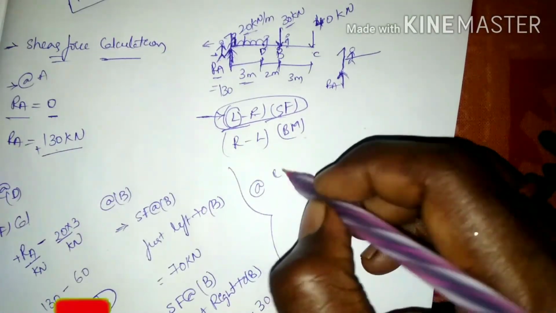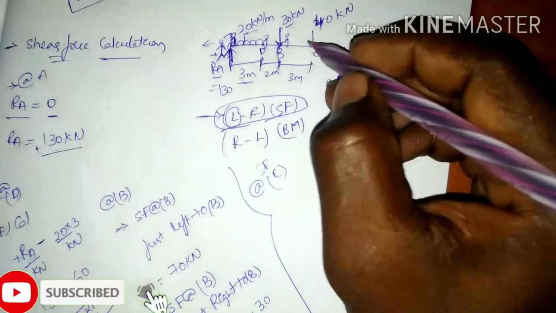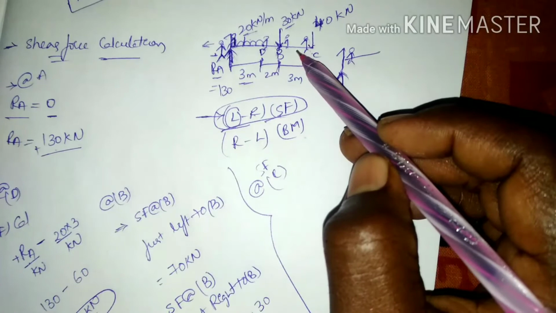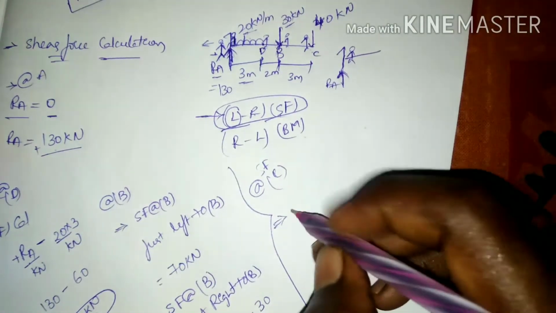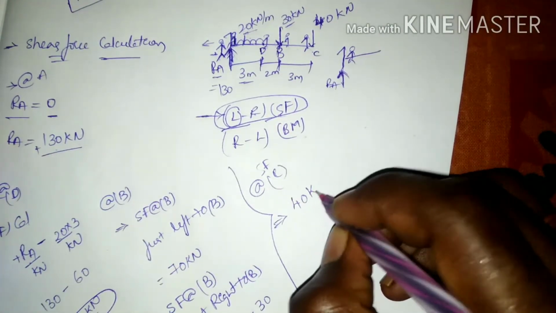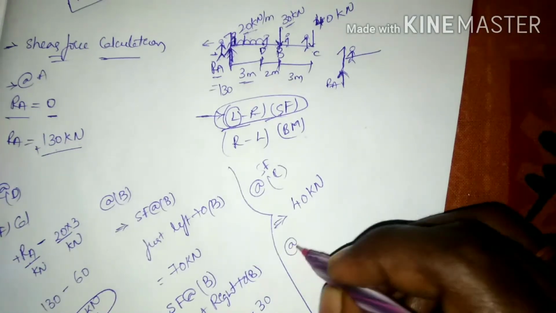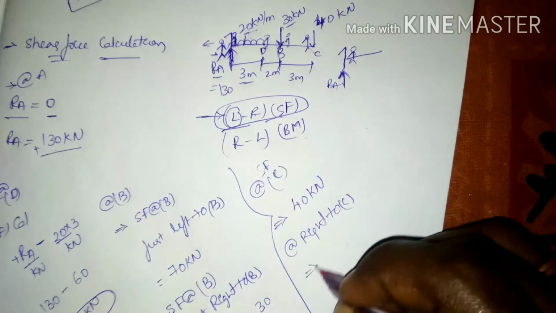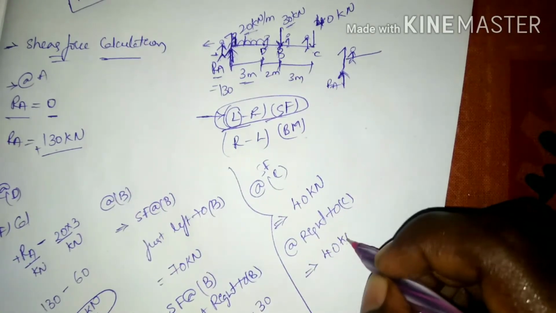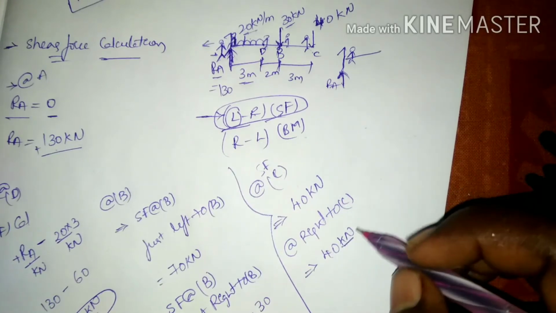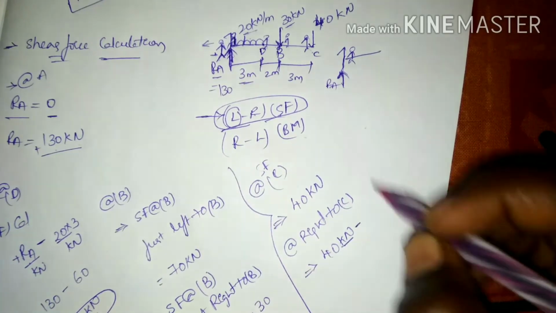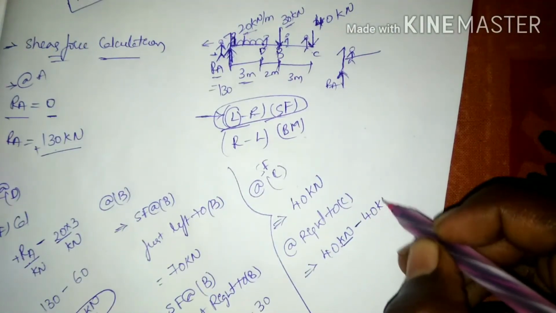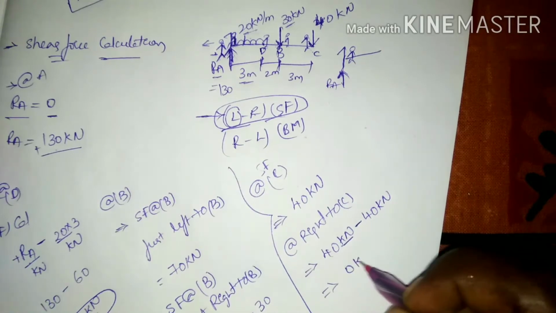And the shear force at C is a point load, so we have to take left and right. If you stand just left of C, we are going to find the same value of 40 kilonewtons. And just right of C, the 40 kilonewtons is continuing up to C, and negative because it is in the downward direction, negative 40 kilonewtons, that is going to have 0 kilonewtons on the reference line.